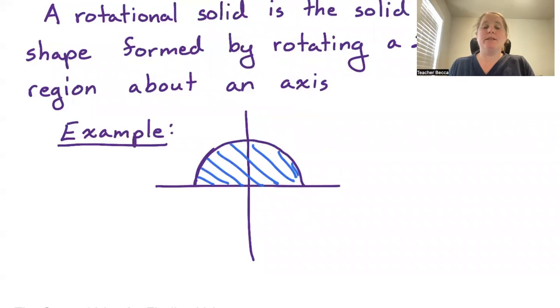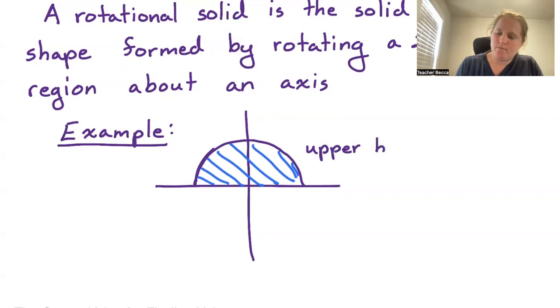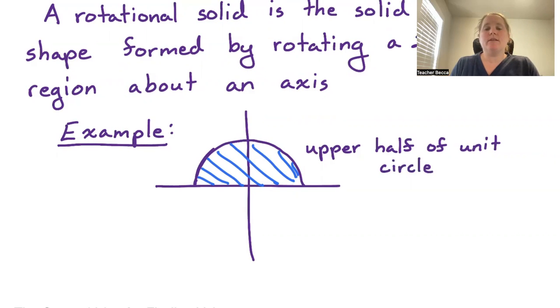And then we could rotate this region about the x-axis. So this is the upper half of the unit circle. If we rotate this about the x-axis,